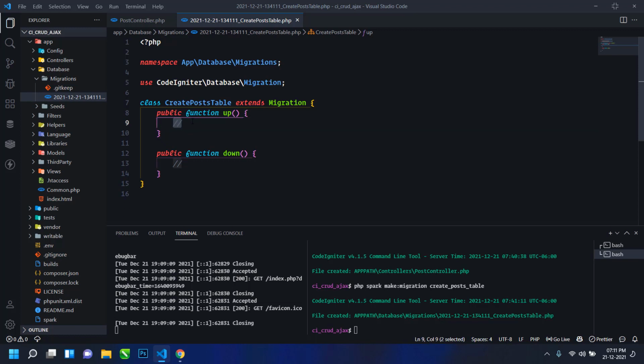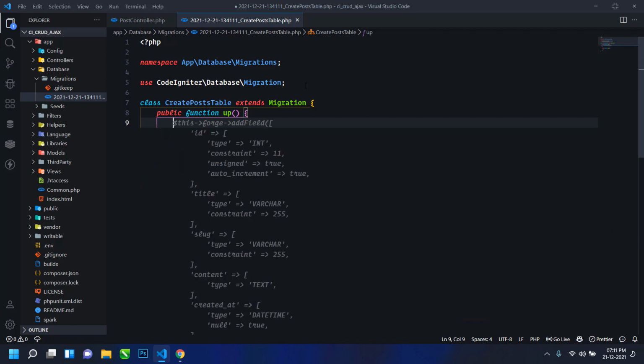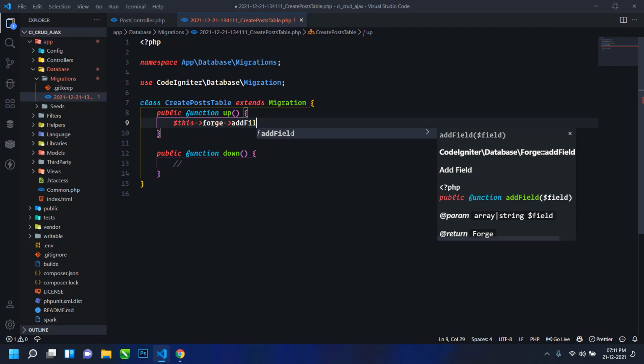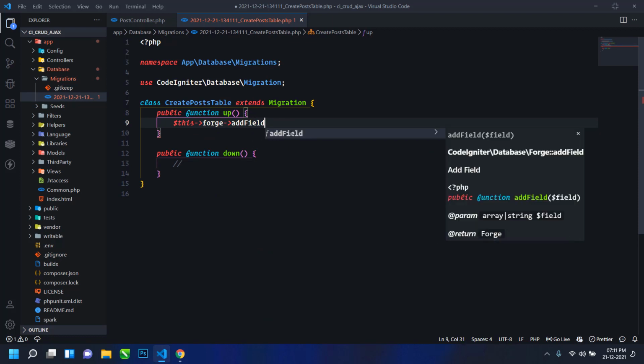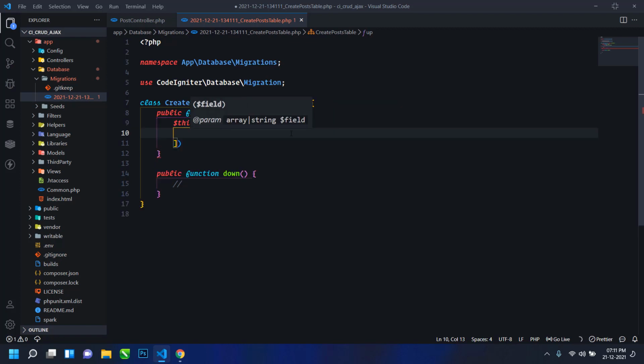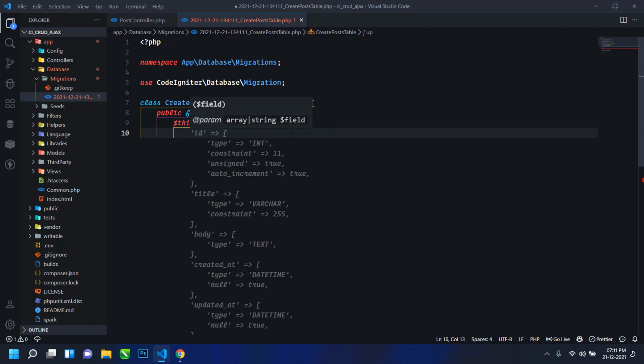Here I will close this terminal for now. I will use this forge add field, and then add some fields.